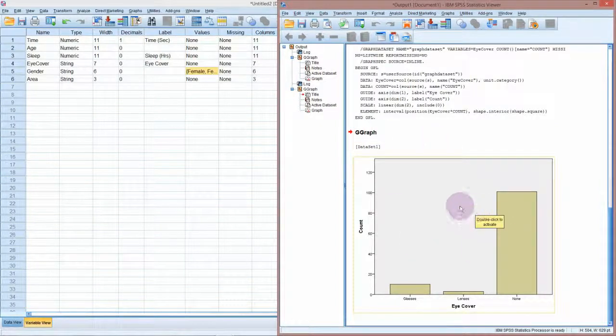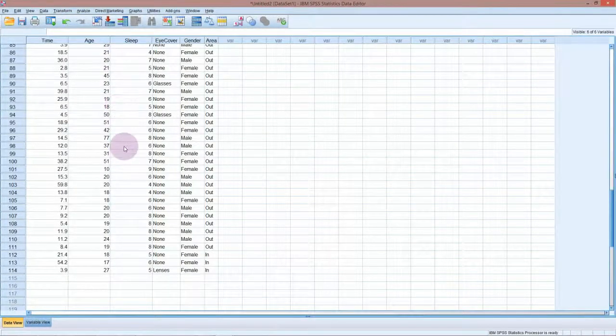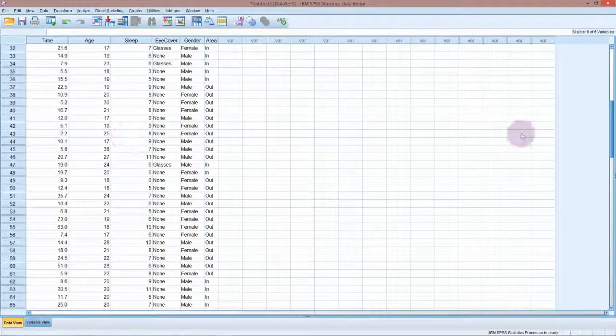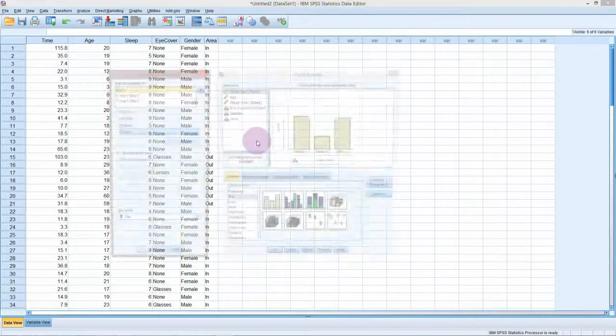We might be interested now in plotting some of our continuous or count variables. Age is technically a count variable. We can treat it as continuous. And the sleep is people just counting the number of hours they think they slept like the night before. So technically that's a count variable too, but with large counts we can usually just treat them as continuous. And then time presumably was measured on a stopwatch. So if we go into Chart Builder,